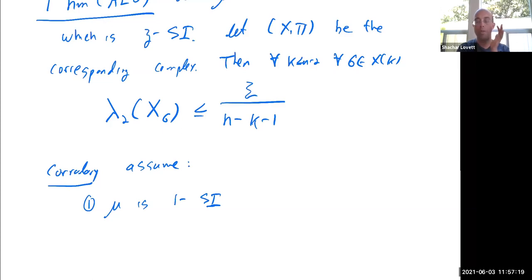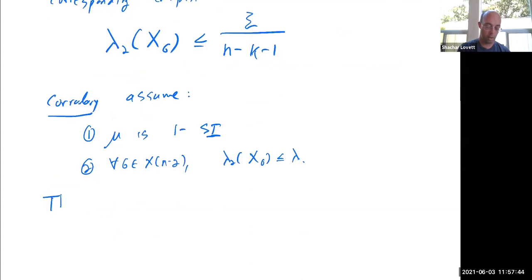So also I'm going to assume that just the top level has some gap. And two, I'm going to assume that for every sigma in X_{n-2}, lambda 2 of X sigma is at most some lambda. So I'm saying assume some bound for the top level, but then also assume this global structure of one spectral independence. Then the second eigenvalue of the lower walk, U_{n-1} D_n, is at most 1 minus 1 over